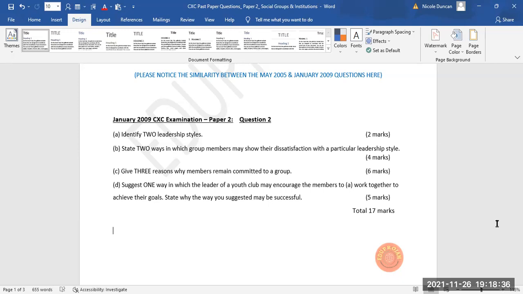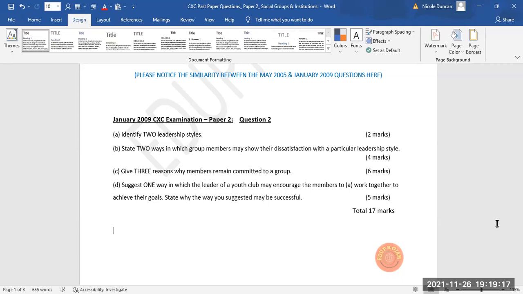Reward them. They can give commendation or praise to the individuals, the team members, for the task that they have carried out successfully. And they can be rewarded in other ways. It can be monetary, it can be incentives, it can be even in terms of education, helping to increase their knowledge in some way, giving them more responsibility or a higher position, a promotion. All of that can be a reward. All right? Okay. So those are several ways that the youth club leader can encourage the members to work